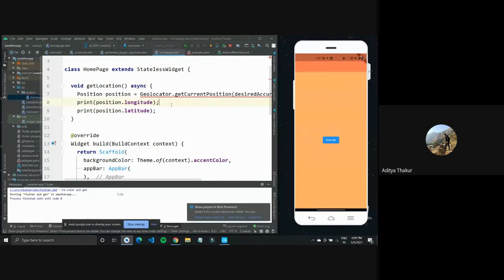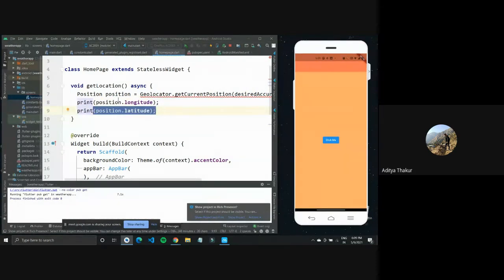My mobile phone needs to send back, like a request would come to my mobile phone, and it would send back some data, as in, okay, this is the location. It would take some milliseconds for this to completely happen. But my CPU is very fast. What it would do is, instead of waiting on this process to complete, it would just go over to the next one and try to print the longitude and latitude.